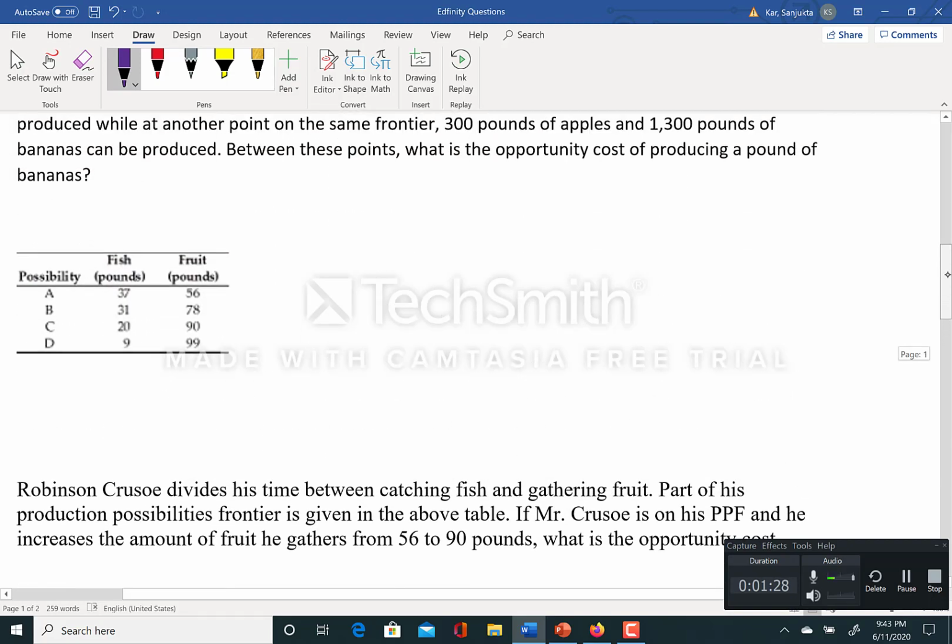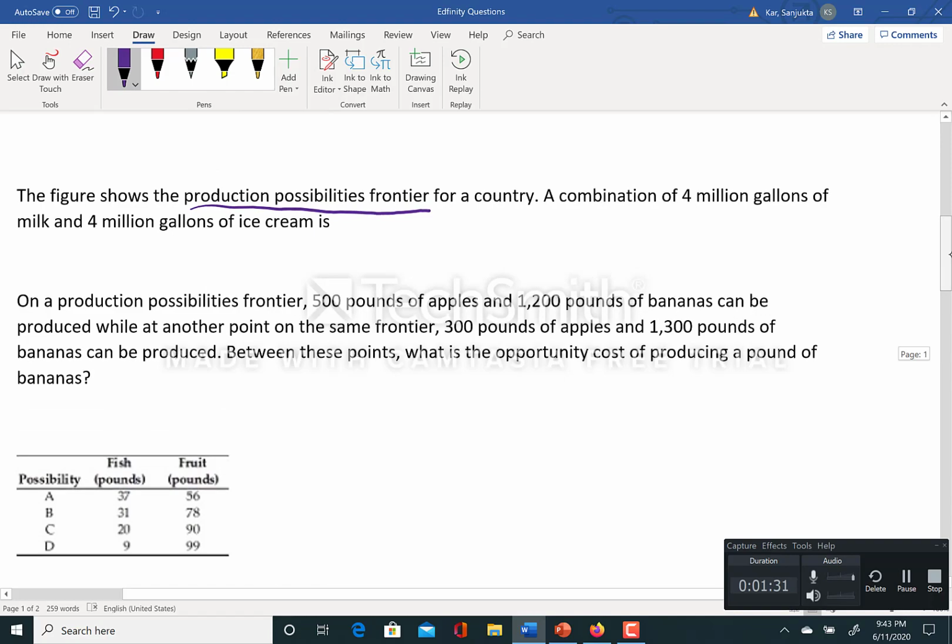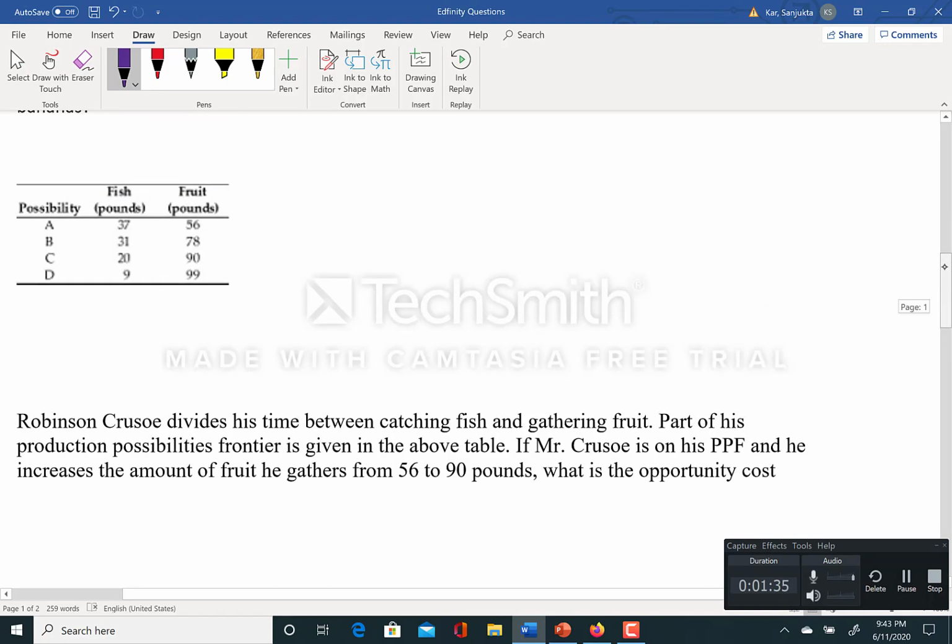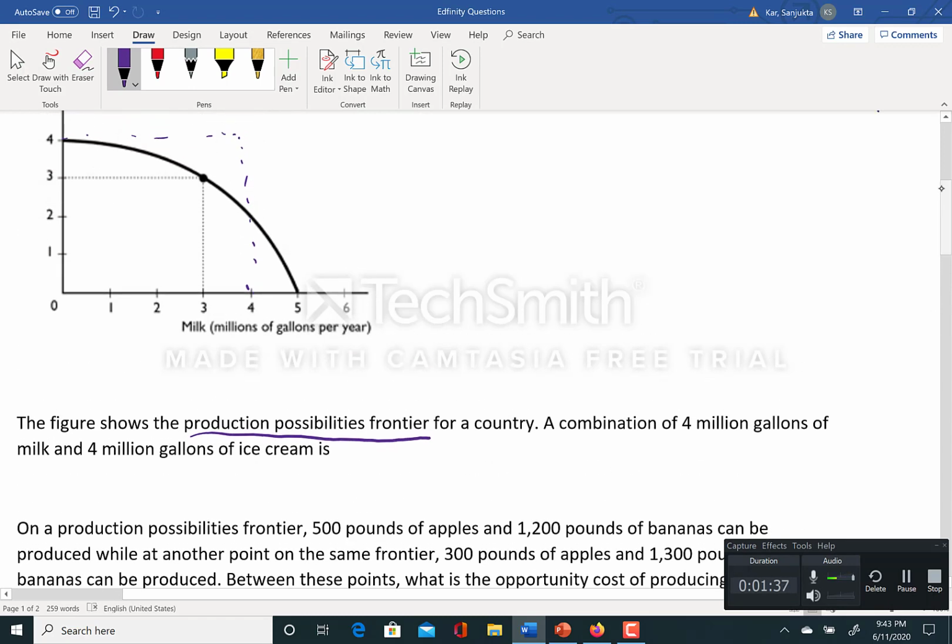Okay, I'm trying to check the choices. If I look at 4 and 4 here, I know the answer options are not given. My answer here is going to be unavailable because